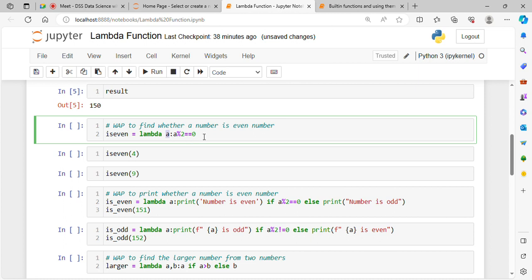Here only one argument will come, a. Why? Because there is just one number which will be given as input, and you have to just check whether that number is an even number or an odd number. So you have to use only one argument. Suppose I have used a here; you can use any one, x, y, z, whatever you want. Then a colon, and then